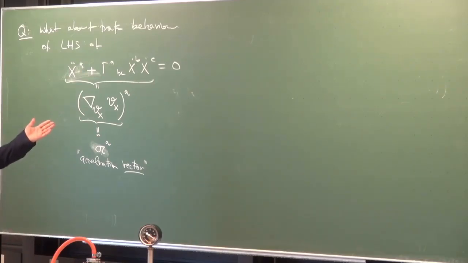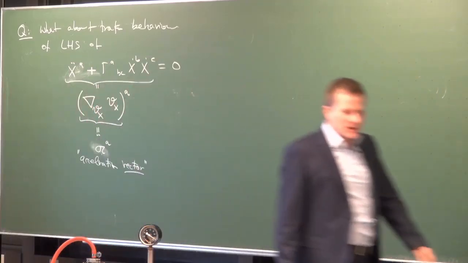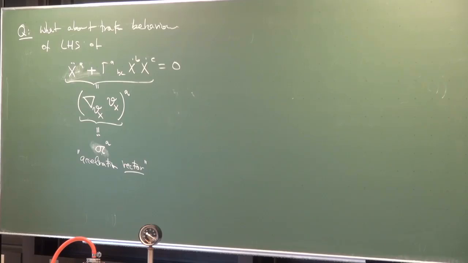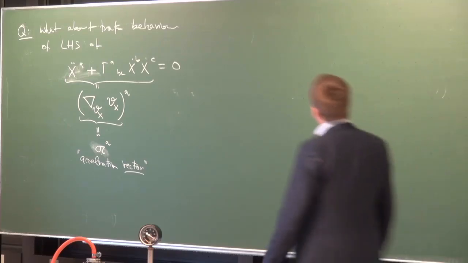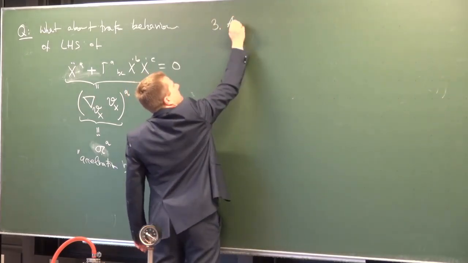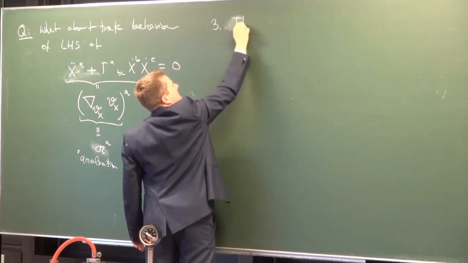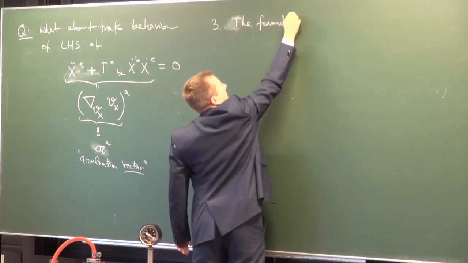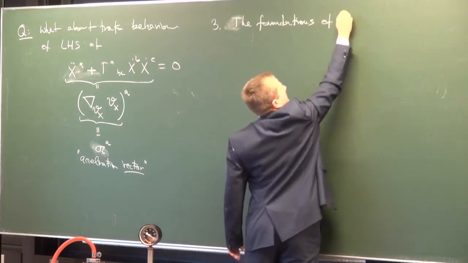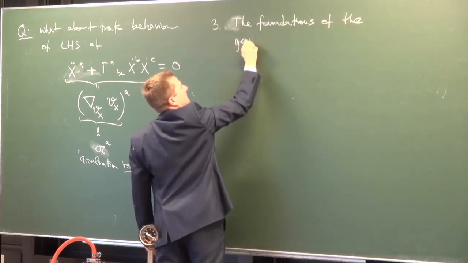So we solved our problem. We just have to accept that space-time is curved, but your space is still nice and flat. Space-time is curved, and the first axiom can be put into practice. Case closed, up to the point that, of course, we have a terrible coordinate-dependent formulation here. All was with components. What is the real structure behind that? So that's section 3, a sketch of the foundations of the geometric formulation